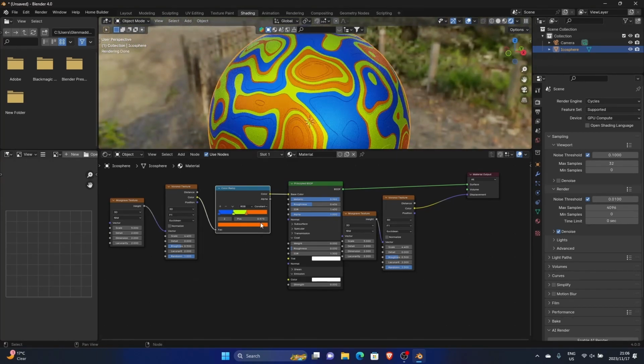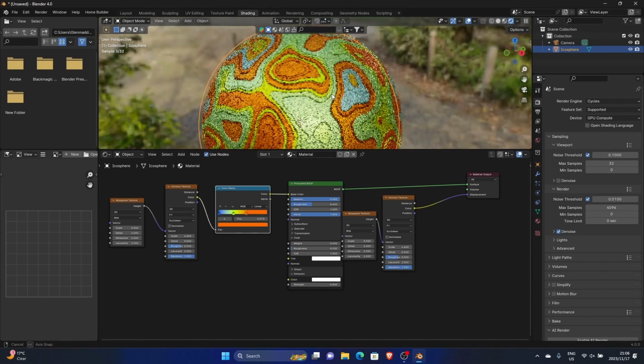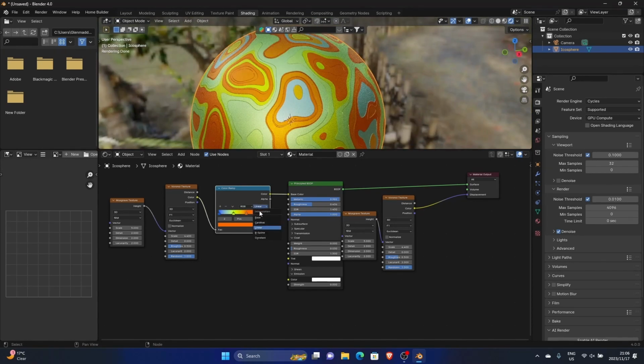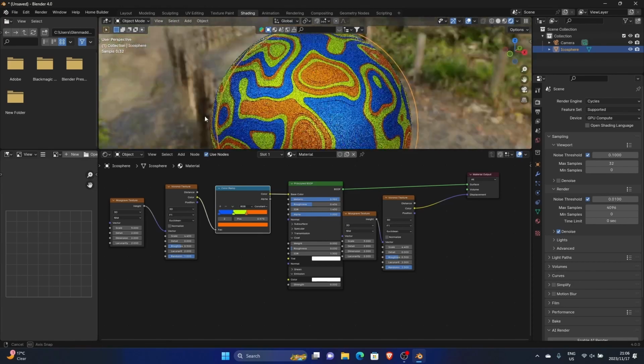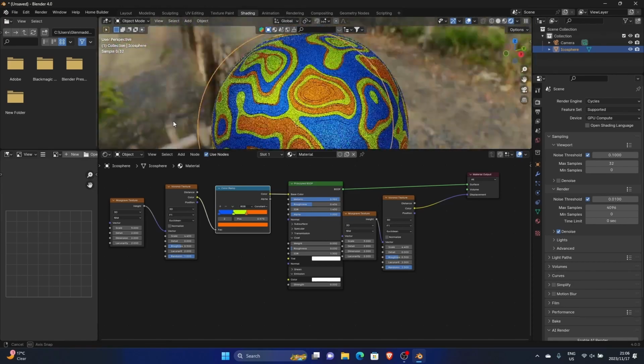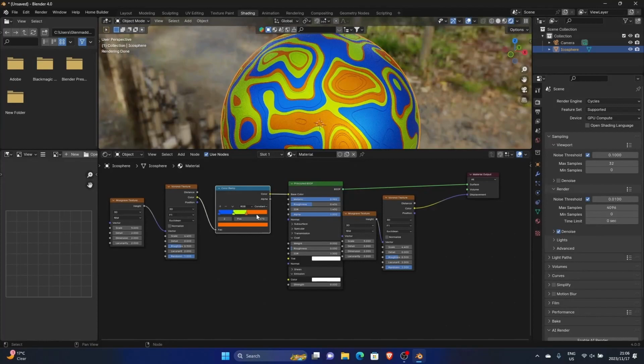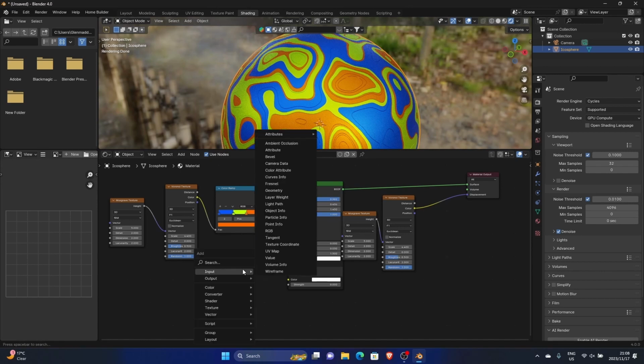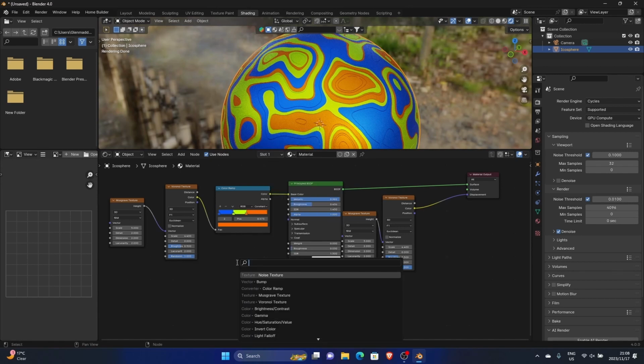If you don't want it to be constant, you can just go back to linear, click here, you can see it kind of eases it, but I think it looks a lot better with it like that. You can see, so you don't need the three colors, you can add a fourth, you can add a fifth. And then the last thing you can do, this looks perfect, but if you want to add a little bit of roughness, Shift A, type in bump,